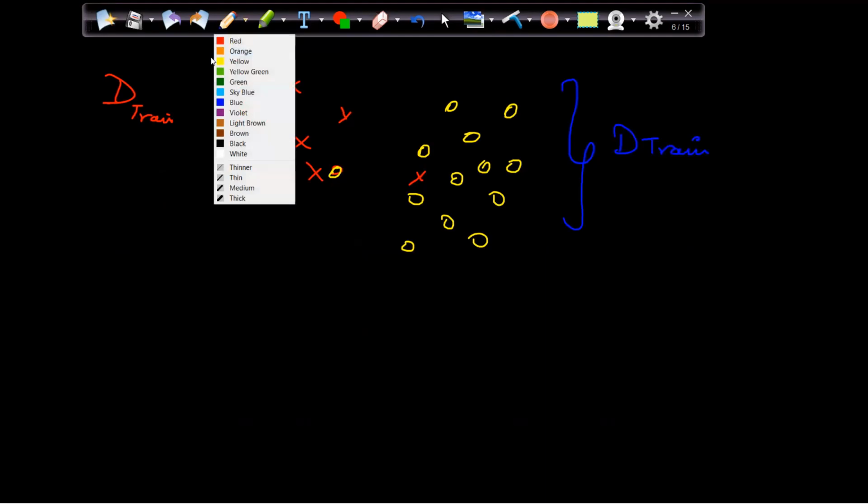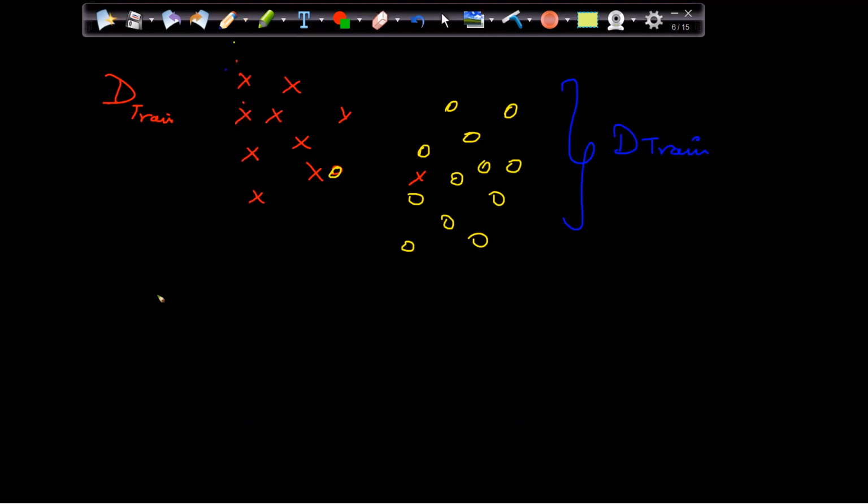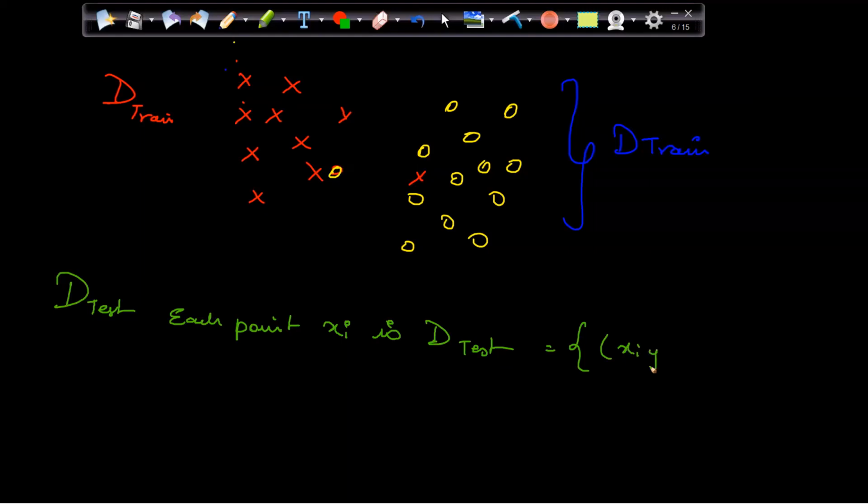Now, once we are done with the model, we will take the test data, where each point xi is present in D test, which I can also show as xi, yi, where i is equal to 1 to n2, because n2 records are there in the test data.